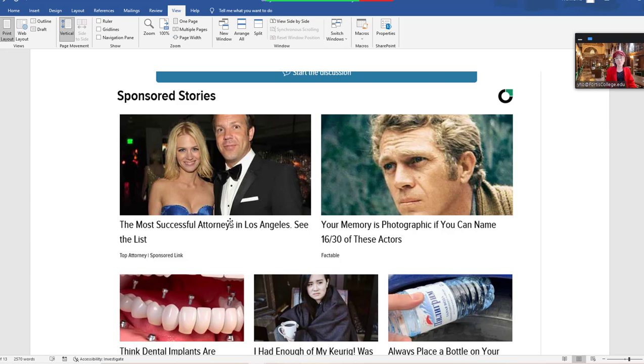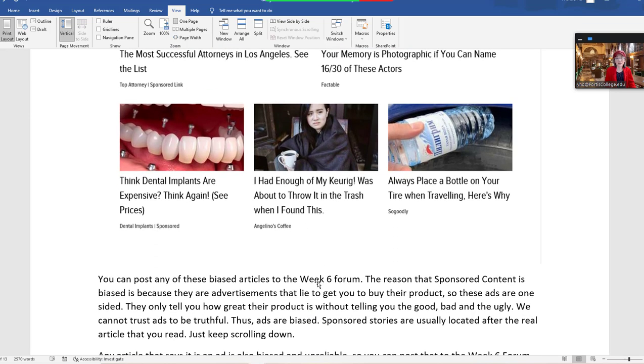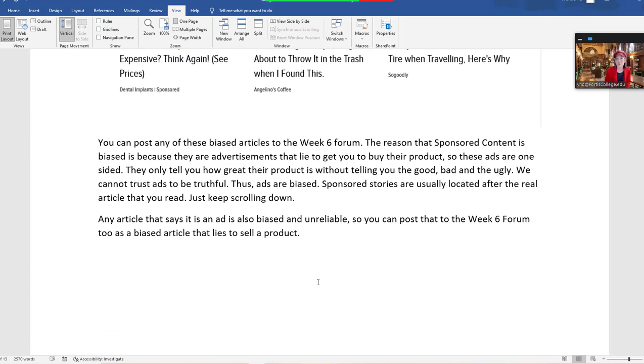So here in the week 6 forum, you can post any of these. Go get these dental implants. It's going to change your life. And they don't talk about how dental implants can also cause infections. Why would they do that? Then nobody's going to buy the product. Here you have, I have enough of my care. So any of these biased articles you're going to post to the week 6 forum, and then you're going to